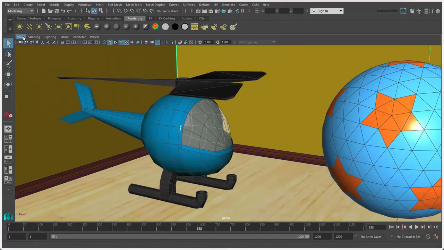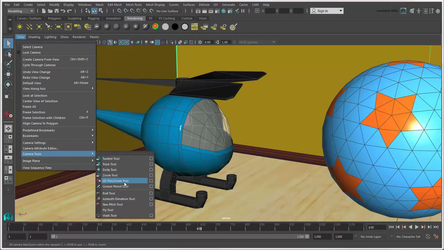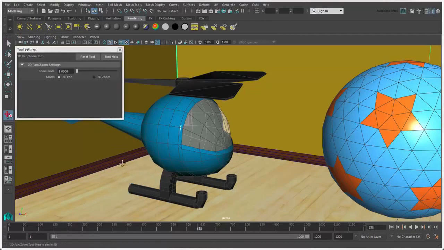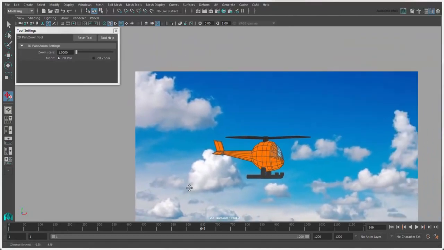You can also use the 2D pan and zoom tool, which doesn't actually move the camera. You can use this tool for viewing details in specific areas, and for rotoscopy work on image planes that are attached to the camera. You can also click its icon in the title bar, or press the / hotkey to activate this tool. In its options, you can switch modes between 2D pan